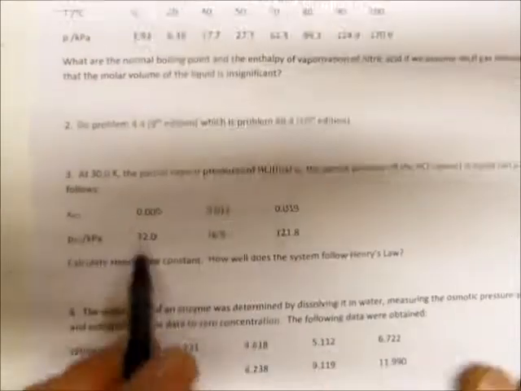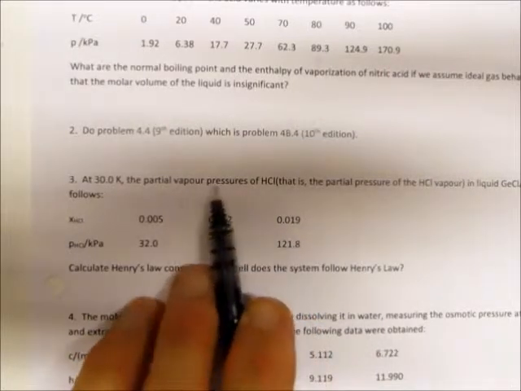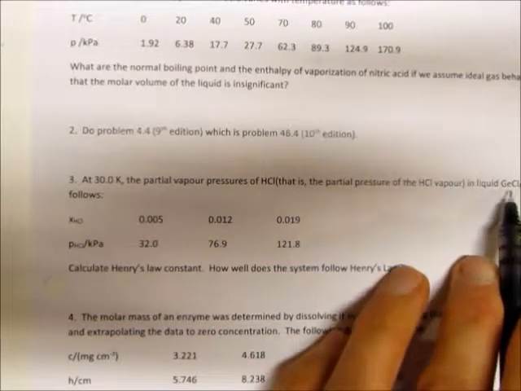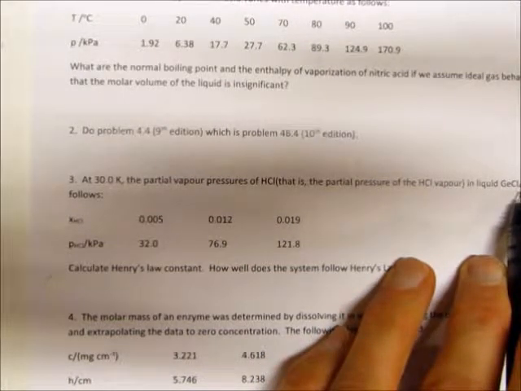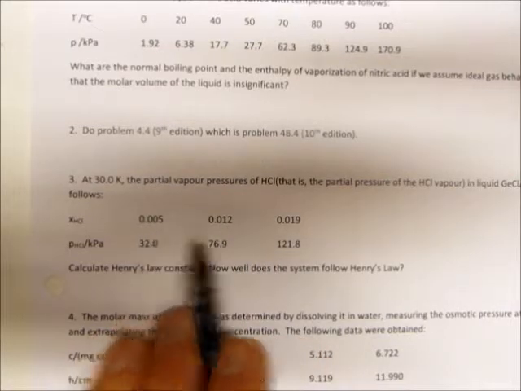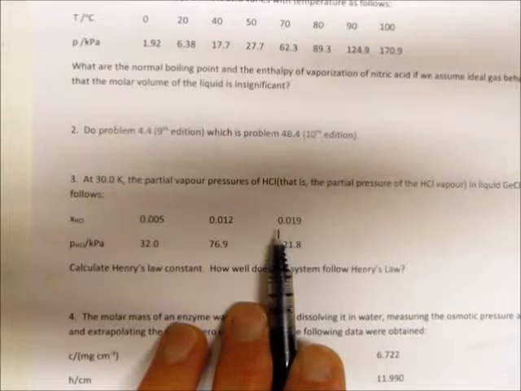Question number 3. It's giving you some data here regarding partial vapor pressures of HCl that's in liquid germanium tetrachloride. Notice these mole fractions are really, really small. So what that leads us to think about is, as we recall,